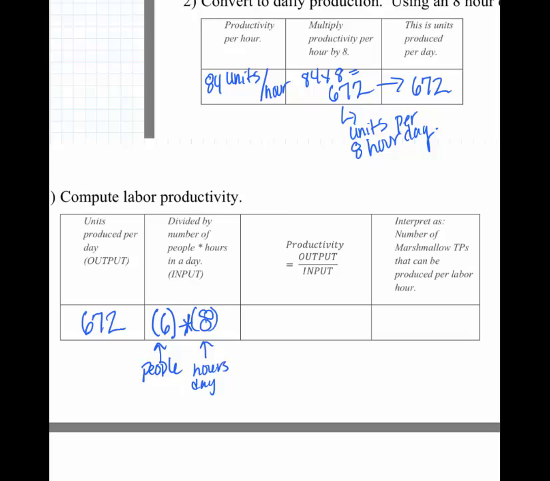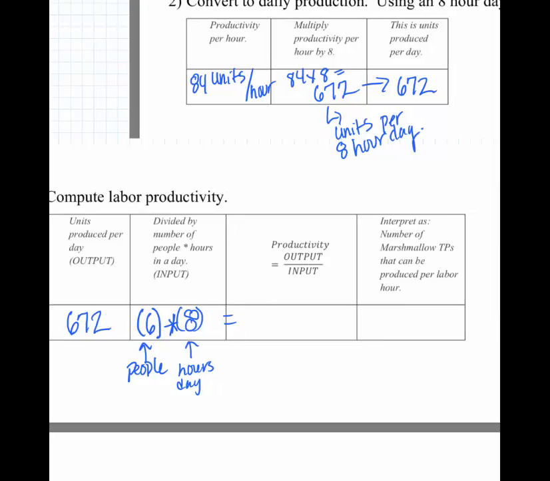Now we can compute our productivity, which is always going to be output divided by input. So we're going to take 672 units that we produced, and we're going to divide that by the product of 6 times 8. And that's going to give us the number of marshmallows that can be produced in 1 labor hour, which is going to be 14. Now, it's 14 per person per labor hour. So let's be clear on that. So it's 14 marshmallow TPs